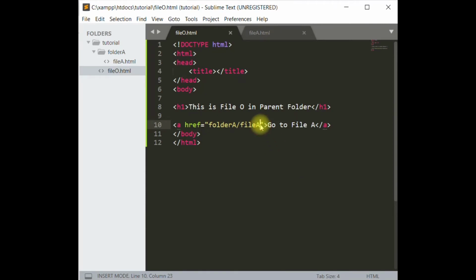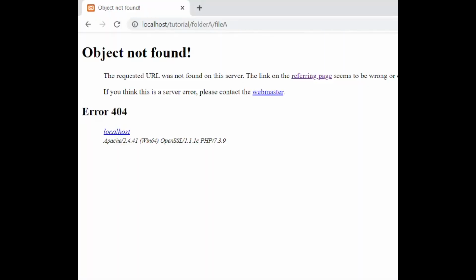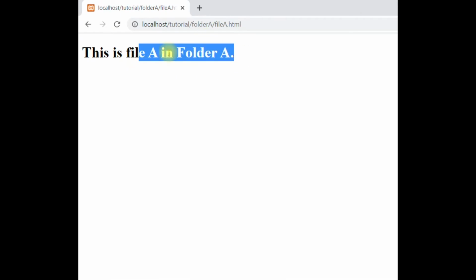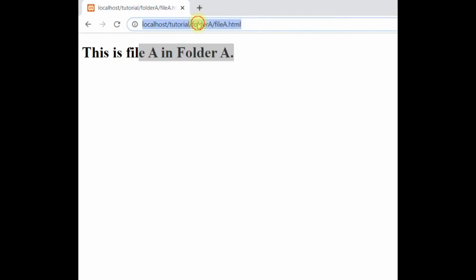We have to give here extension also. So you see now we have approached file A which is kept in the folder A. So from this address bar you can see also this parent folder tutorial, then folder A and then / file A. Okay, so in this way you can approach the file in another folder.